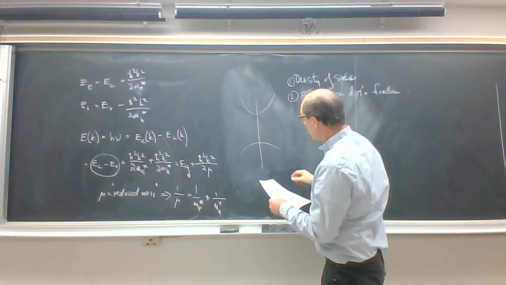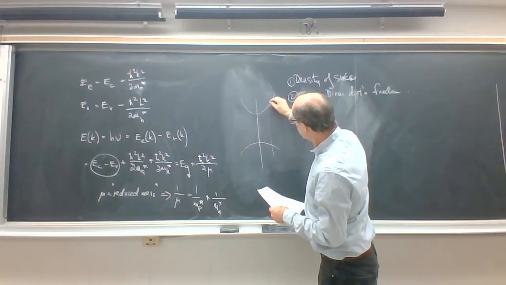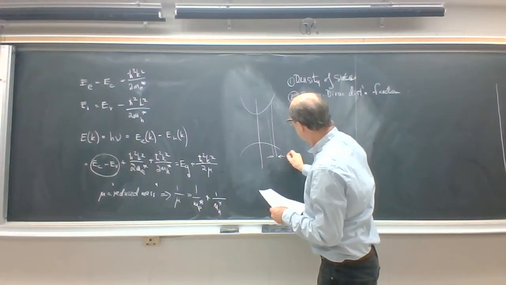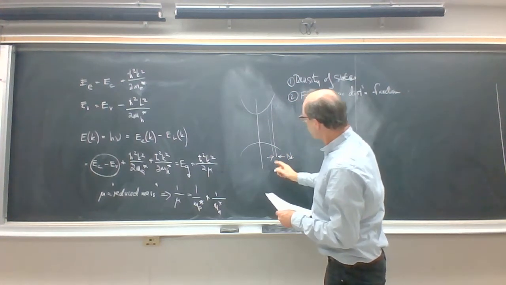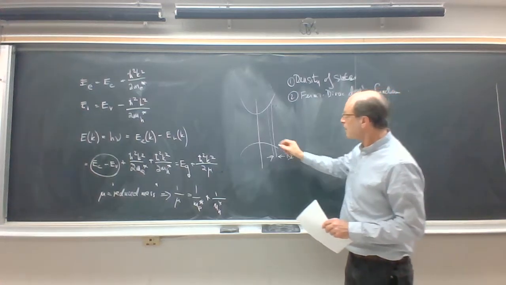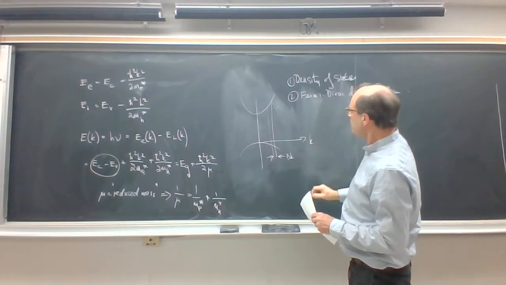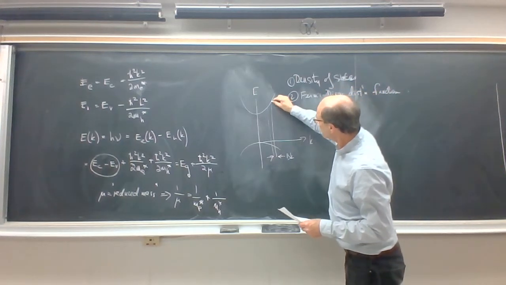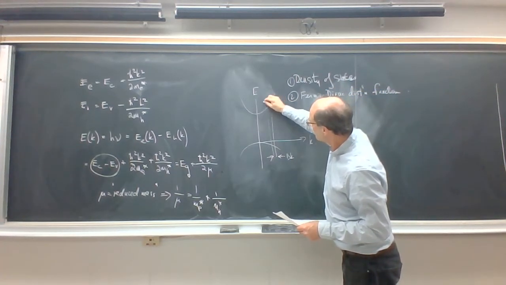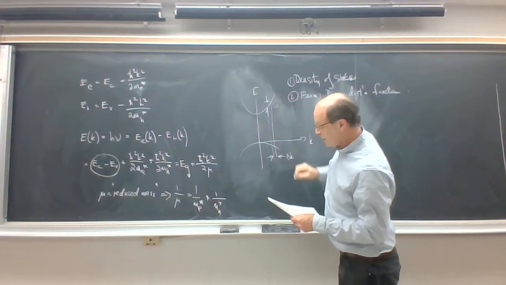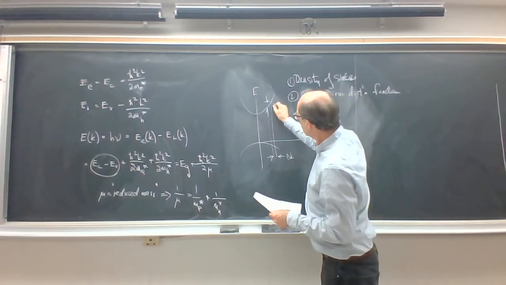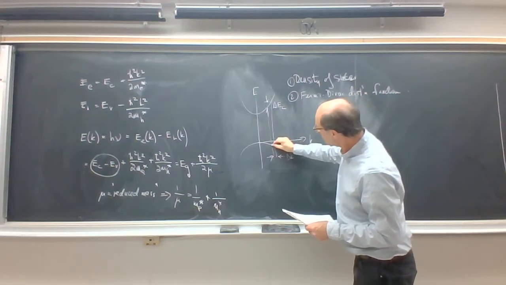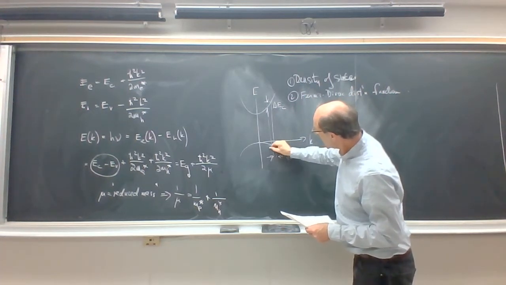We're going to consider a range of K values, which we can call delta K. So over that particular range of K values along the K axis, we're going to consider a range of energy values along the energy axis in the conduction band. We can call that delta E sub C. And we can consider a range of energy values in the valence band,